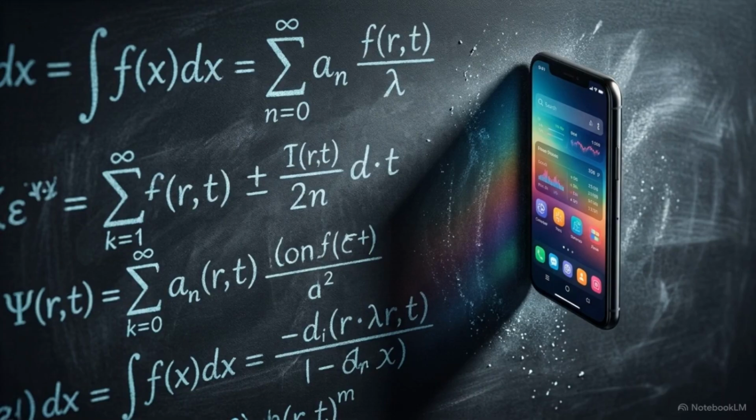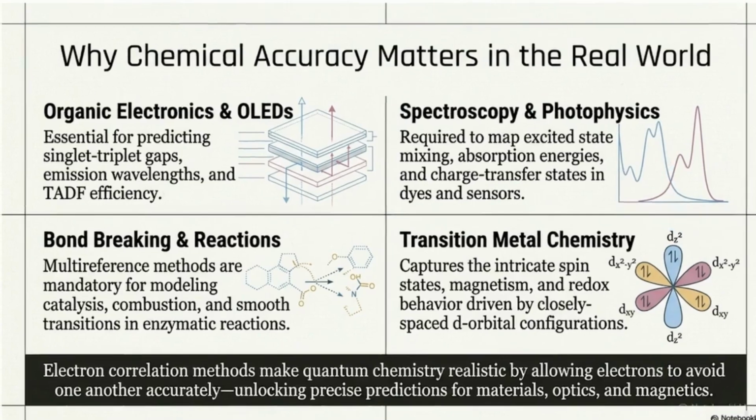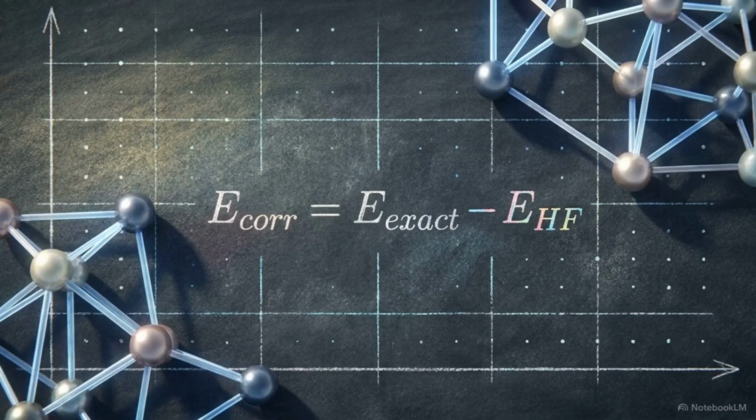The chart's lower quadrants show where multi-reference methods are mandatory. Modeling combustion or transition metal magnetism requires tracking closely spaced configurations. Meanwhile, modern OLED displays rely on dynamic correlation. Predicting precise emission wavelengths requires models that accurately map electron avoidance. The average field approximation provided the foundation of quantum chemistry,